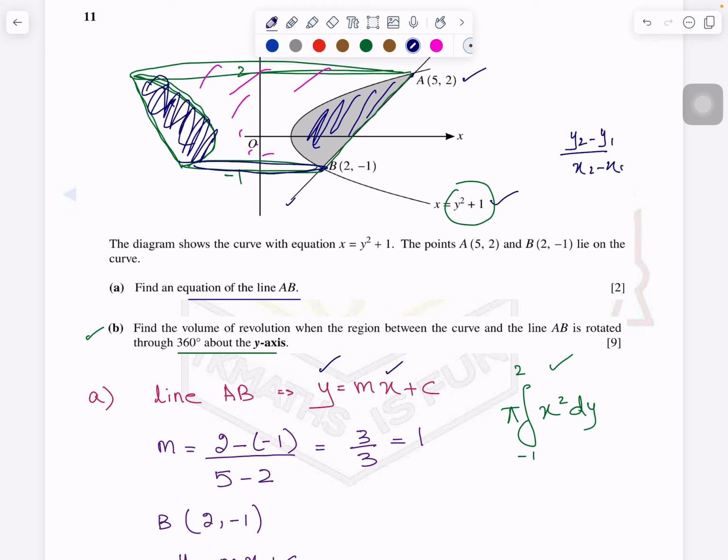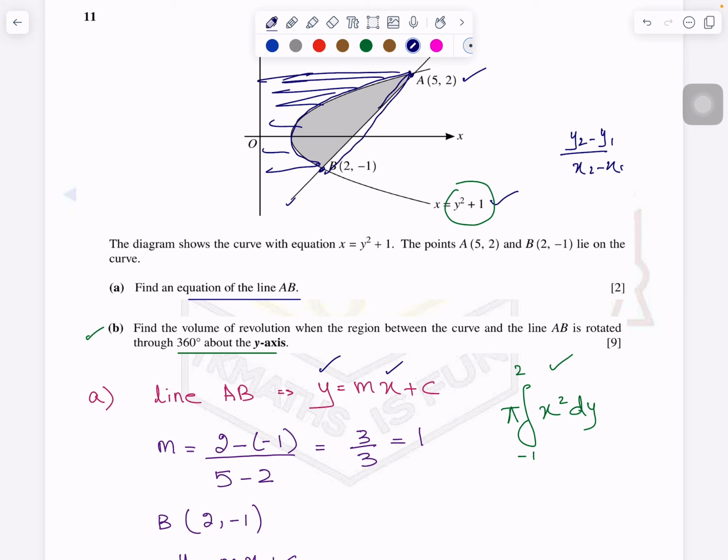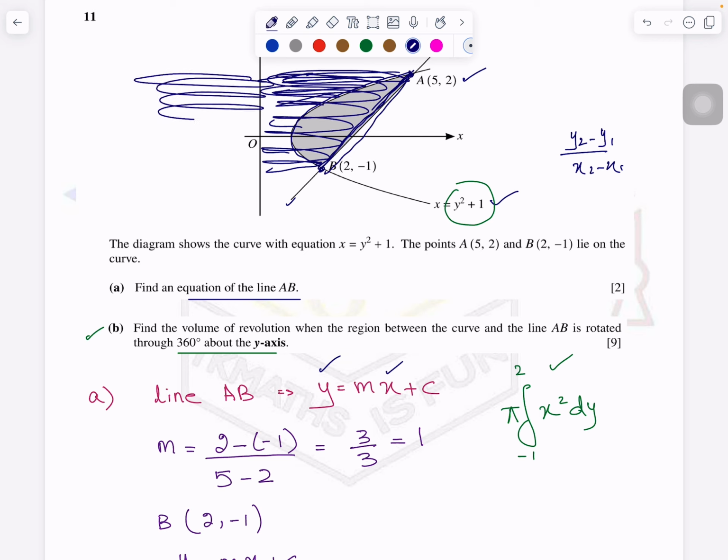It is sort of a bowl or whatever you can say. So what I will do, it is between two areas basically. So I will do subtraction. The volume generated by this line minus the volume generated by this curve, right? So basically this line will generate this whole volume like this, okay, which will be equally here. Try to understand. And then the volume generated by this curve, which will be this part, so I will minus